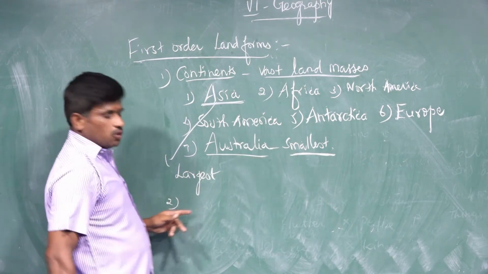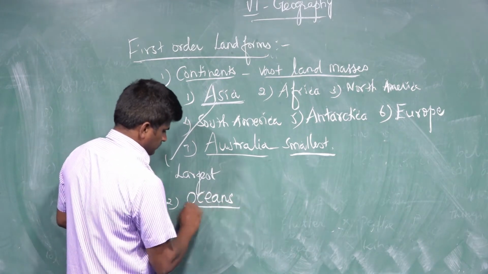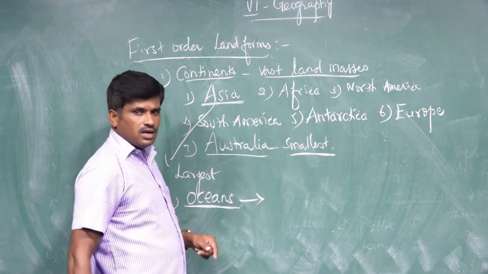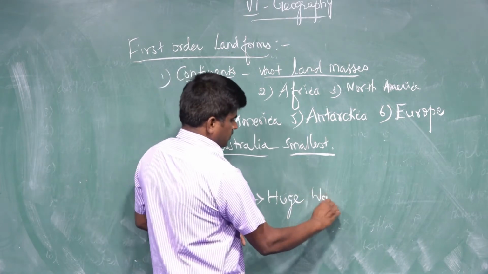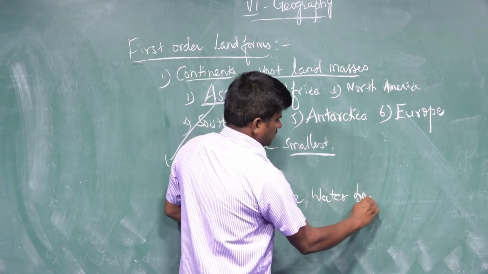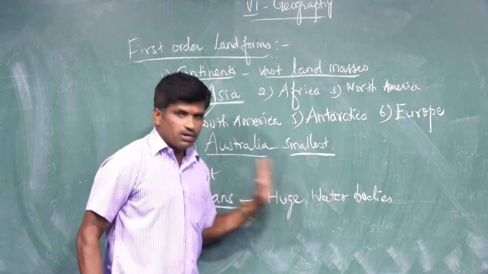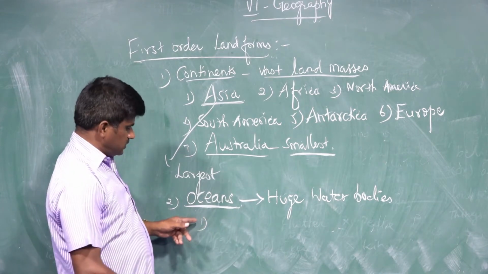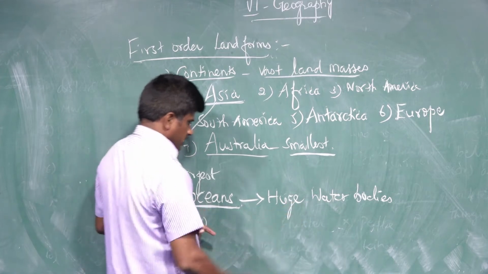The second one is oceans. What are called oceans? Huge water bodies are called oceans. There are totally 5 oceans, namely